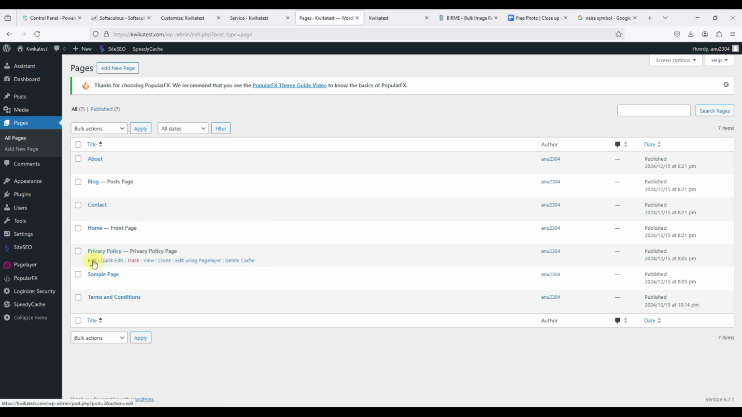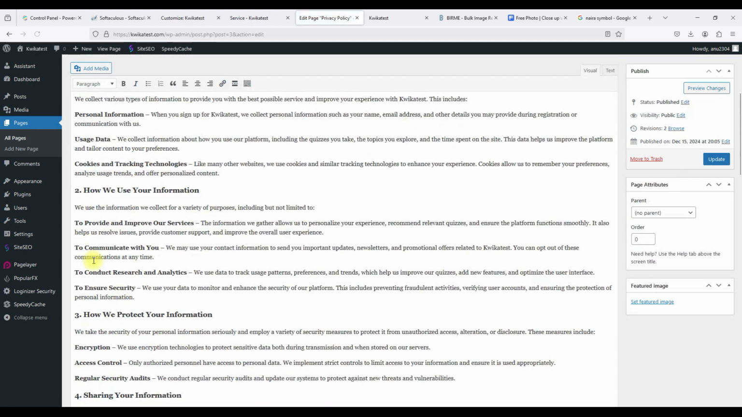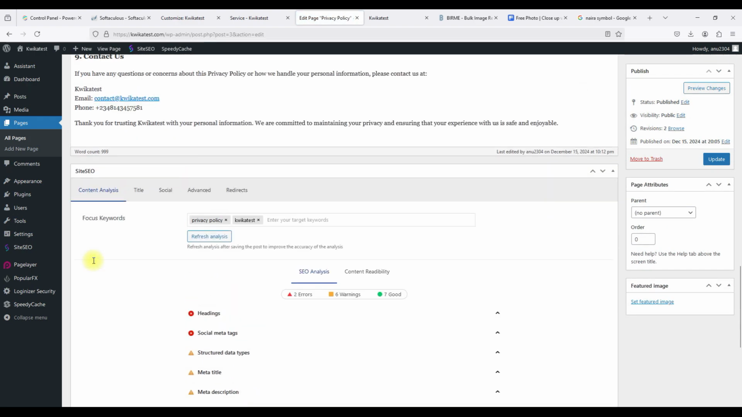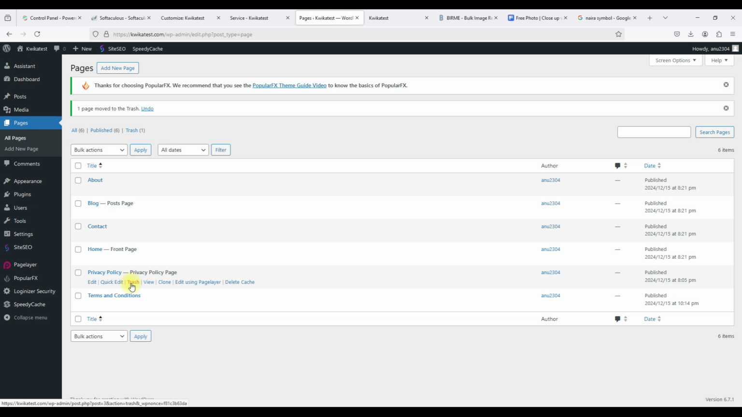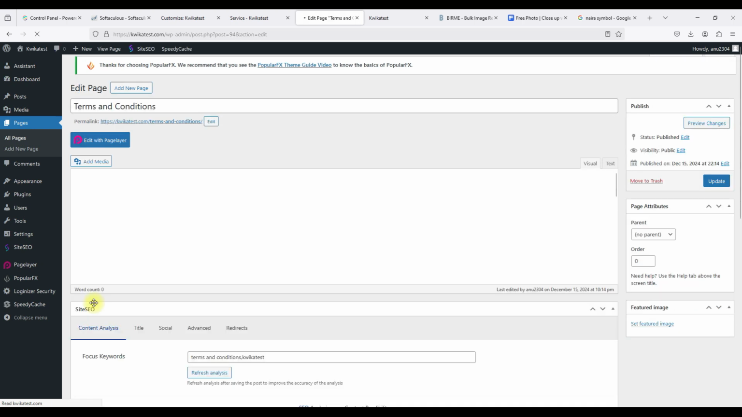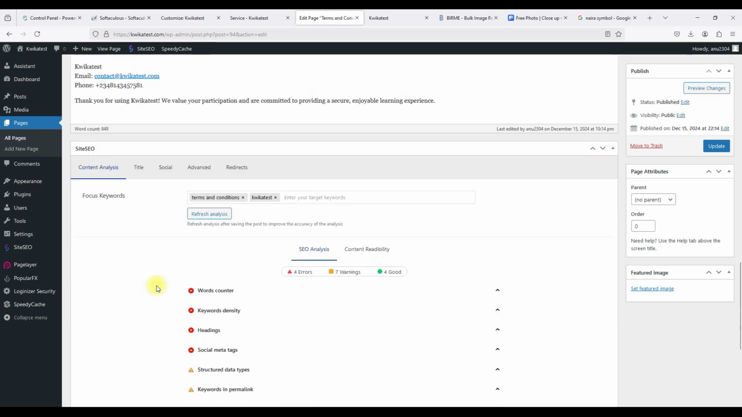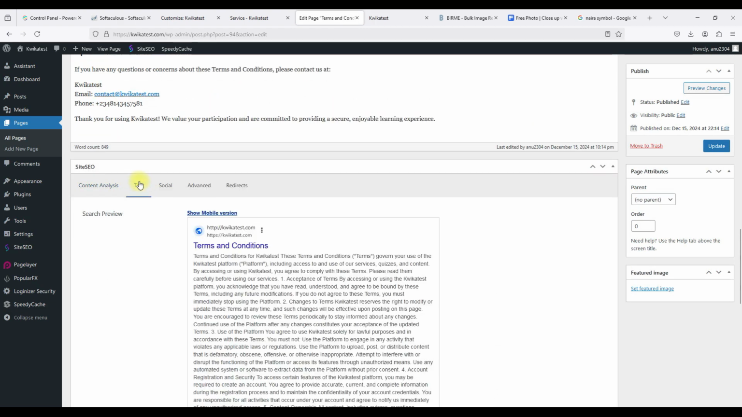And then okay, I think we did for privacy policy. Yes, but let's check. Okay, we already did for privacy policy, and we did for terms and conditions. We don't need this sample page, so I'll just trash this. So what I just did was I just showed you the SEO, because now if I click on edit, right, for the SEO, and you click on title,